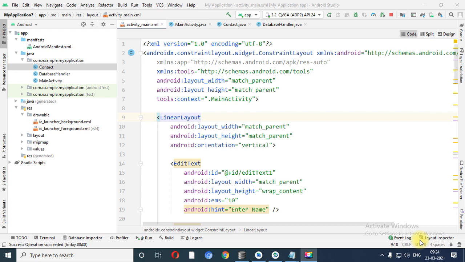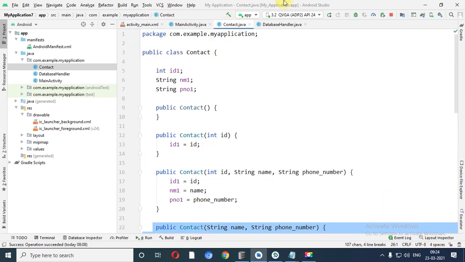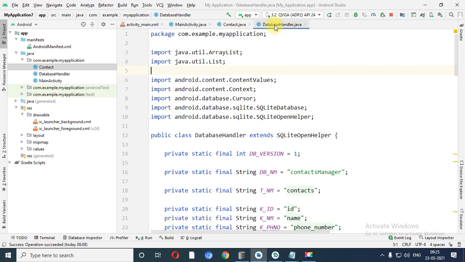We have already completed the Contact.java file, inside which we wrote different types of constructors as well as getter and setter methods for the individual variables.